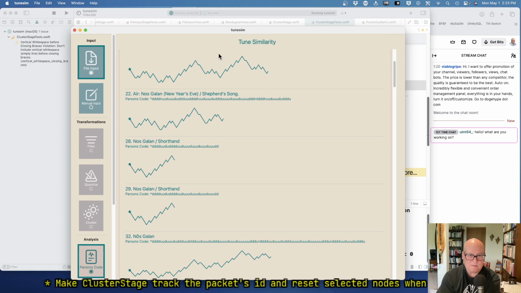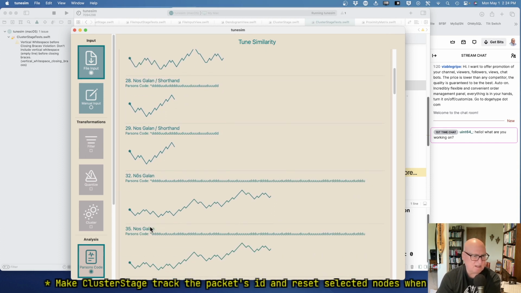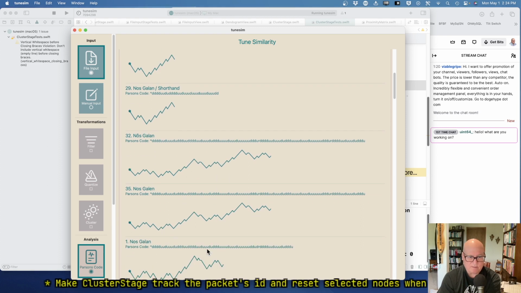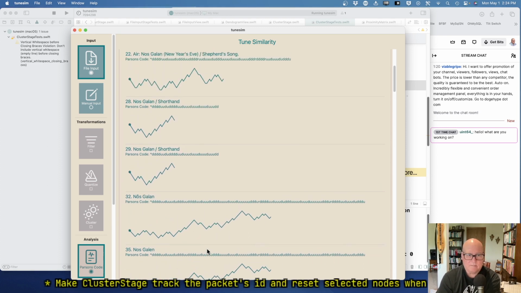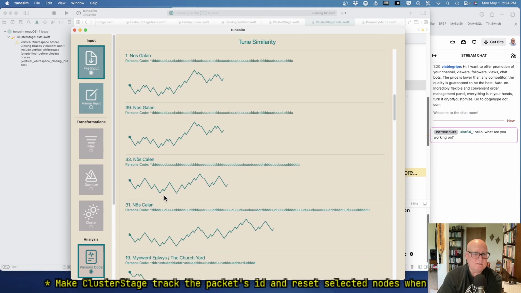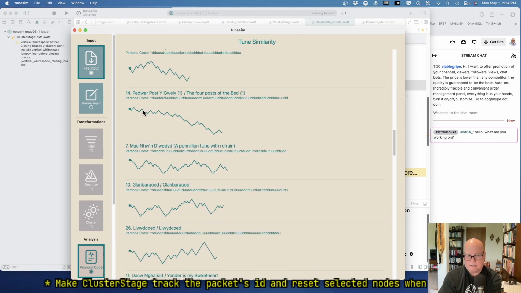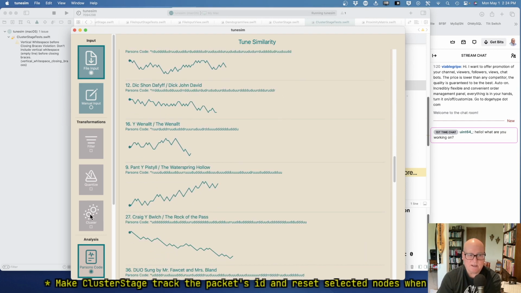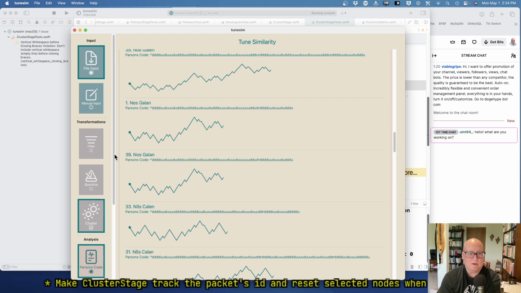This is a very primitive grouping because it just sorts them. I almost should just put them in the same order, maybe that would be as good. But you can see that based on the shapes, these two look very similar, 32 and 35. And these are suggestively similar too. They might be identical. Then you get some that are clearly different, like this one's going all downs and this one's going across. This is more like our originals. So there's variety. All right, we're adding this thing called a cluster,